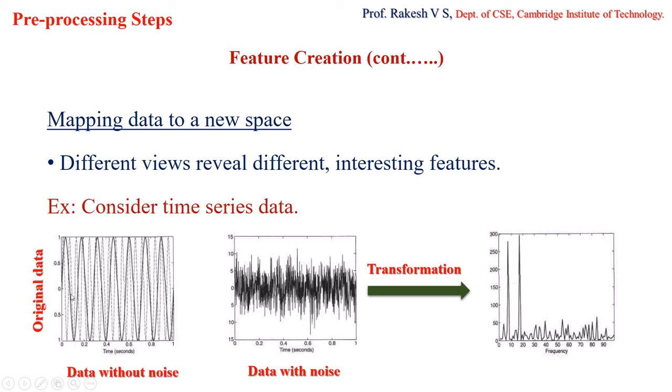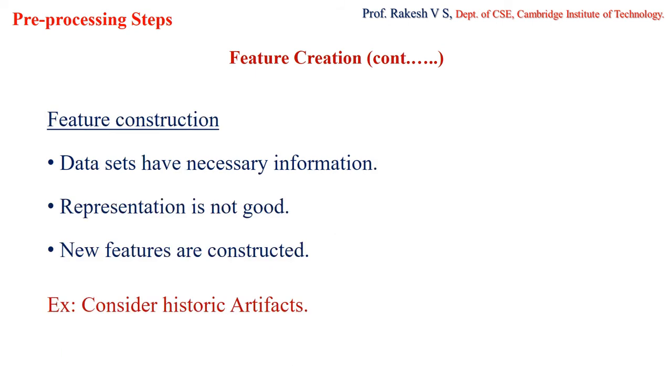So this is how I'll be able to perform the pre-processing with respect to mapping the data to the new space. This is the original data. This is the data with noise. For this, I'll be performing the transformation, that is, I'm applying Fourier transformation here and mapping it to the new space. And this is the result which I've got, where at least at two places I'm able to get the original information. Clear?